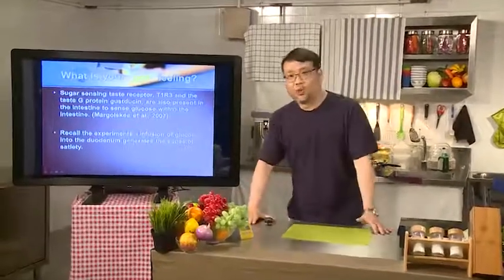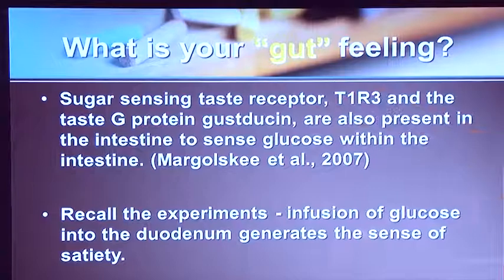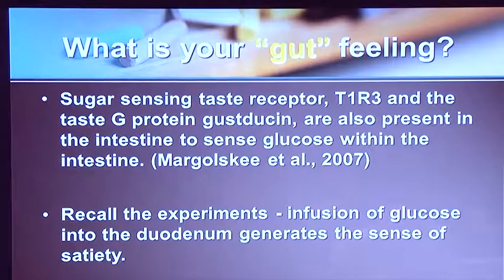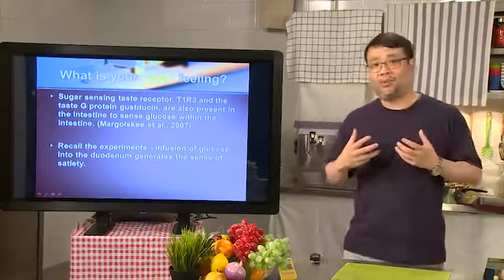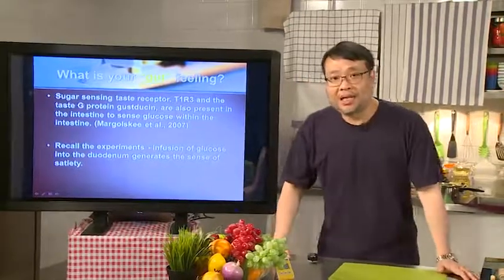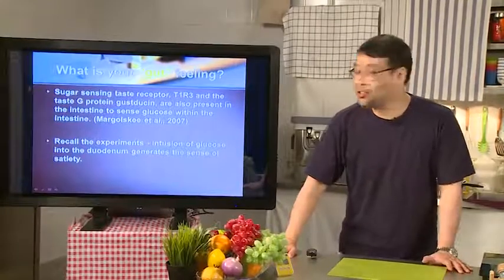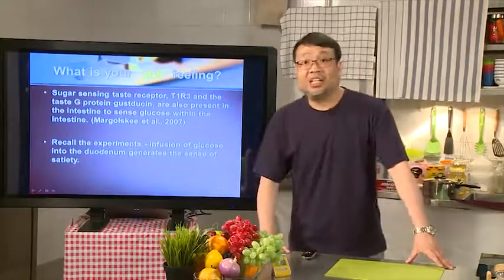Now, very easily, we can use an example as an illustration. When we sense sugar, we are sensing glucose. And the sensation of sugar is triggered by a receptor we call T1R3. This particular receptor is a G protein coupled receptor. It is present in our tongue. Are they evenly distributed? The answer is no. They're more heavily focused on the tip of your tongue. But can different regions of our tongue sense sweetness? The answer is yes. Because we find that this receptor is not just present in the tongue.